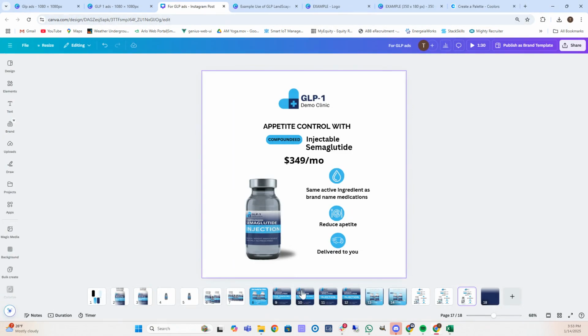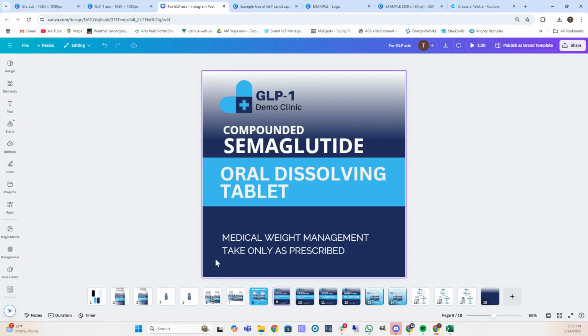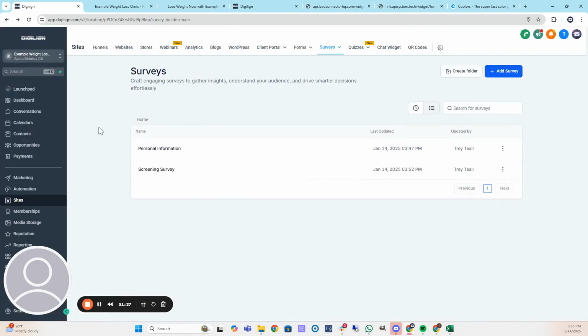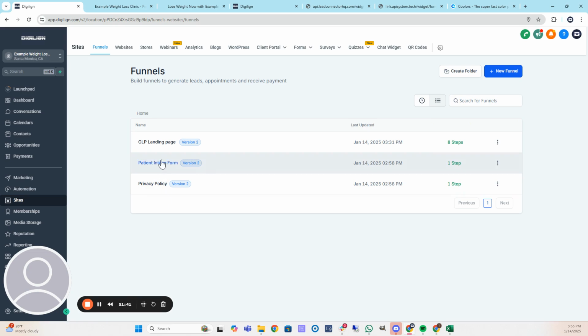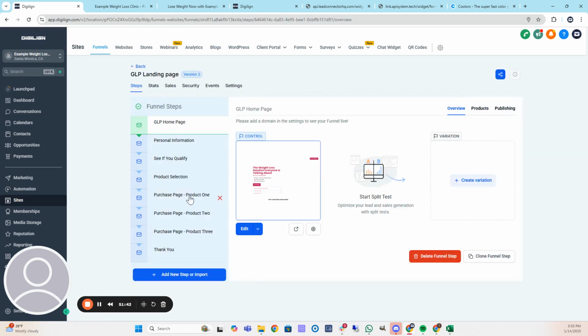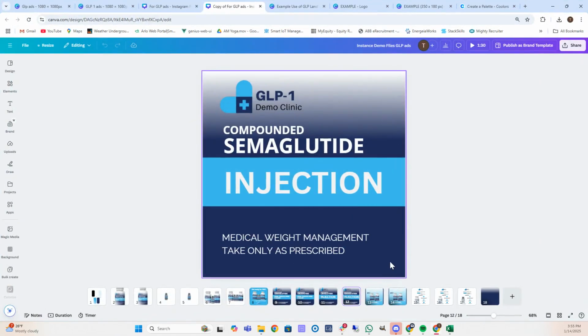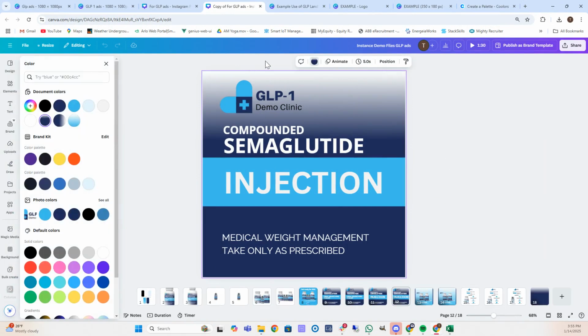And if we look here in these assets, we are going to want to replace those. So let's go back to sites, go back to where the funnel is, go to the GLP landing page, product selection, and this,